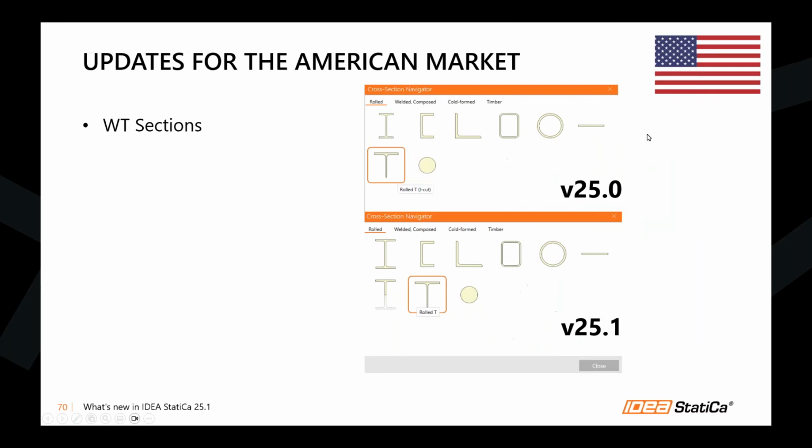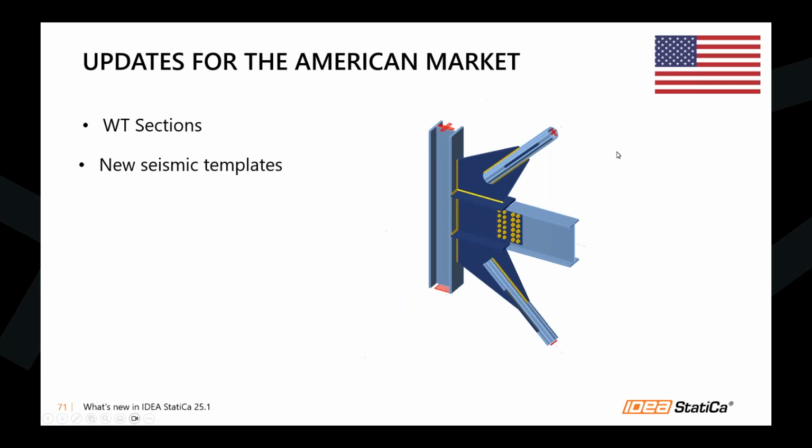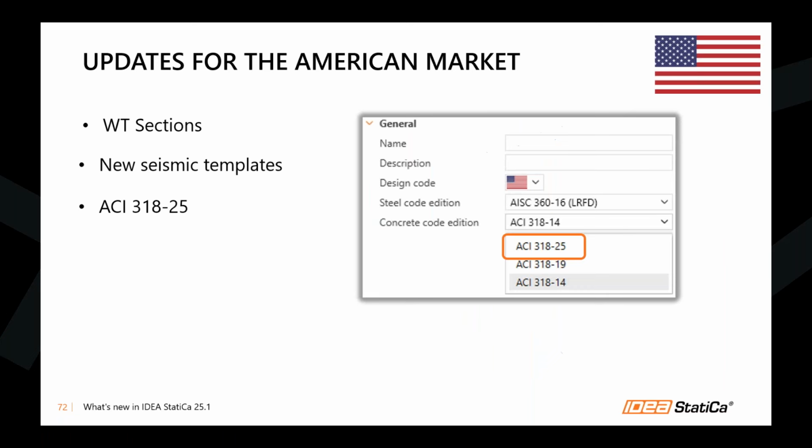Next to this, for our users, not only from United States, but everybody designing with US code or AISC, WT sections have been added in version 25.1 in the standard default set of cross sections. Then we prepared the new seismic templates immediately available after the installation. Then if you're designing anchorings within AISC, you need to somehow define the concrete you are using in these models. So the new version ACI